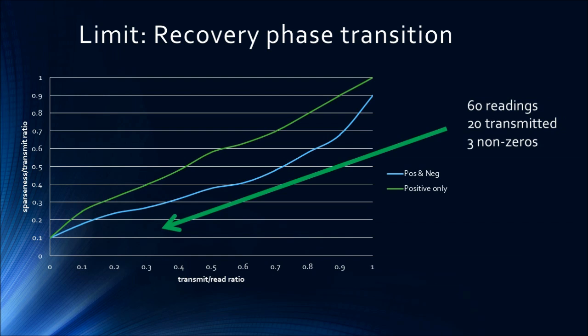In fact, for our earlier example, where we had a 3-to-1, we're doing pretty good. This is where the actual data is, looking at the formulas. The key is, when you do any kind of planning, say you've got some data point here, and you'd like to make the transmit packet smaller. That's sliding to the left. However, since you're making the transmit packet smaller, you're increasing the sparseness to transmit ratio. So every move you make to condense your transmission is moving you straight up into the danger zone. So you want to watch out for that.